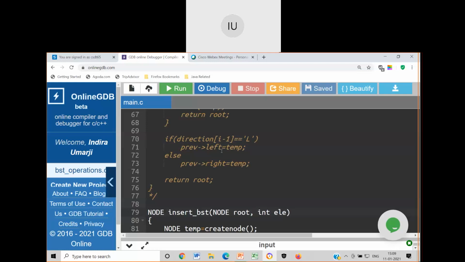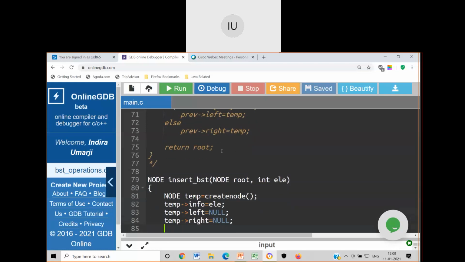Insert function. Okay. Now in this, the first few steps will remain the same, no change at all. Temporary node I have created, added element to the info part of the temporary node. Left and right I have made null. It means I have created an independent temporary node which has the info part filled with the element to be inserted.